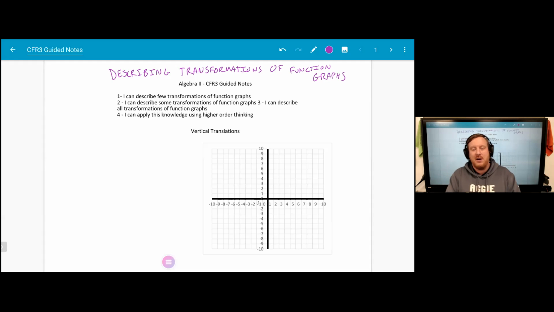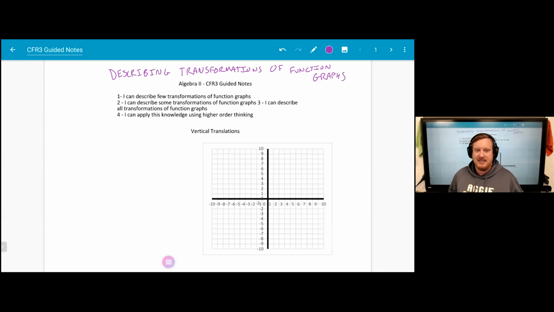So we are finally on to the guided notes here for CFR3, which is describing transformation of function graphs, transformations, right? What you did with that pre-work is really what we're going to get at the heart of here. We've got 6 different ways that we can have a transformation, and we're going to